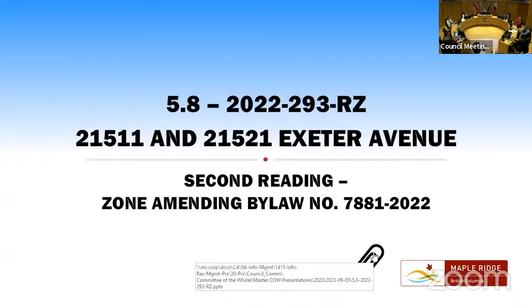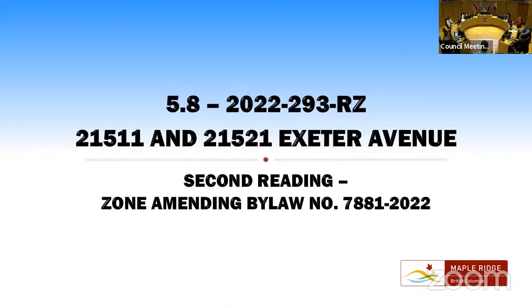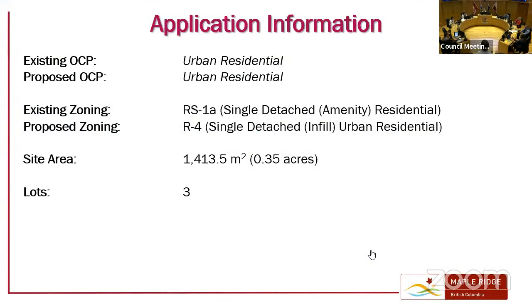And staff are present to present. Thank you. Madam Chair, this application for the above noted address on Exeter Avenue is coming forward for consideration of second reading. The area is designated urban residential right now. The existing zoning is RS1A, single detached amenity residential, and is proposed to be zoned to R4, single detached infill